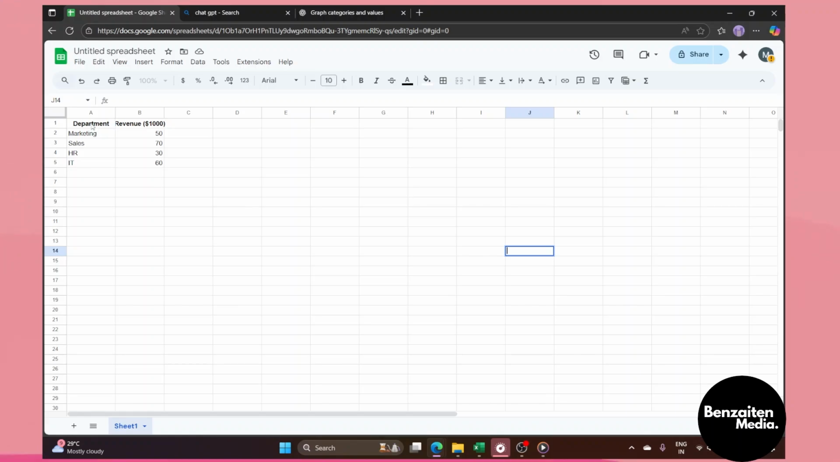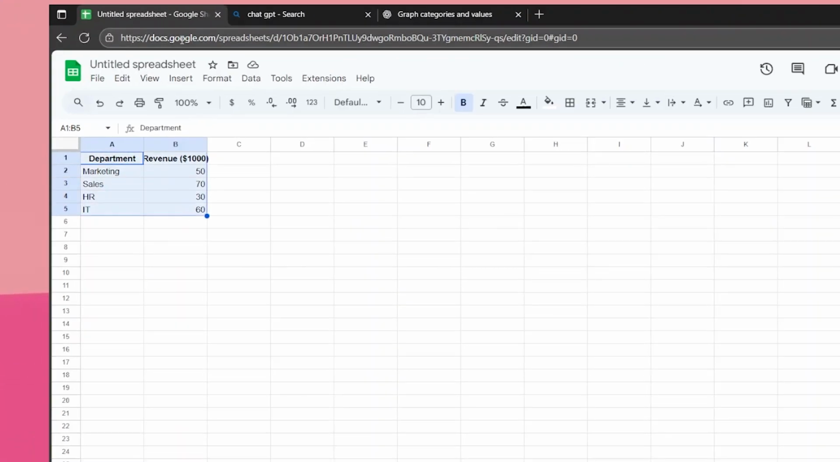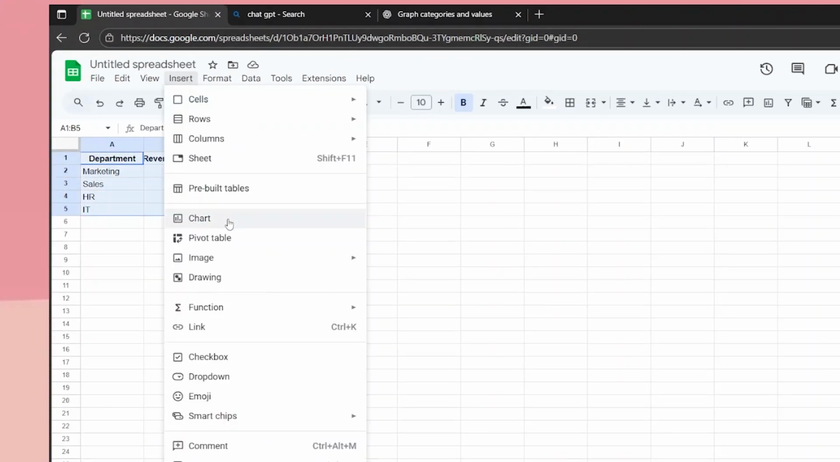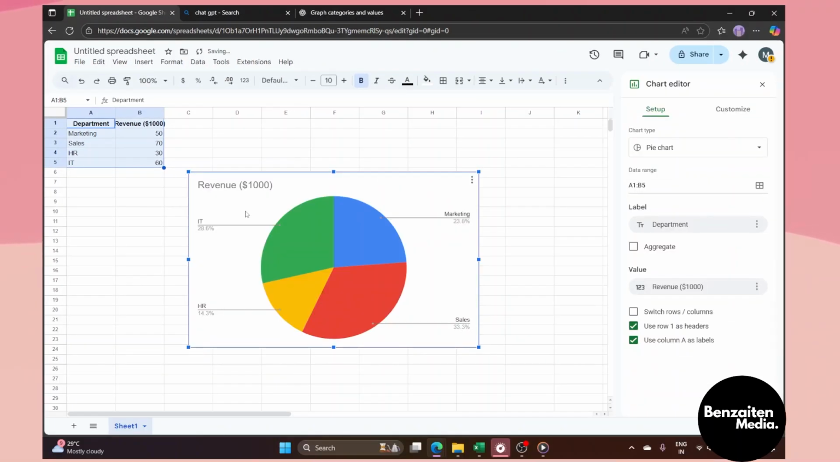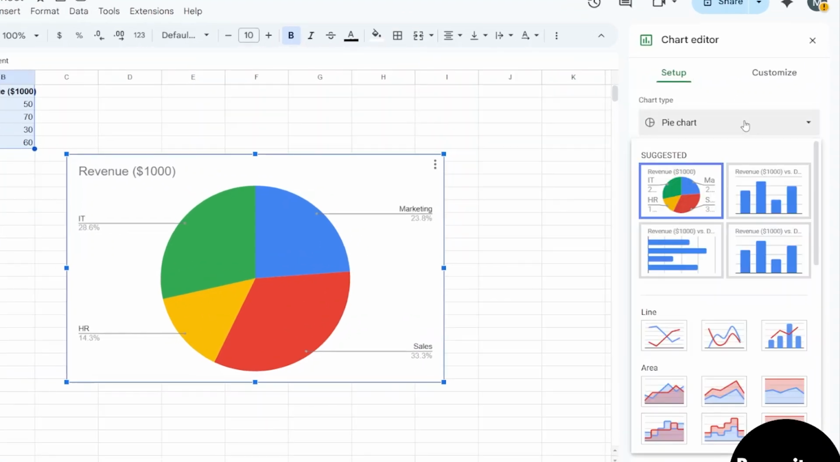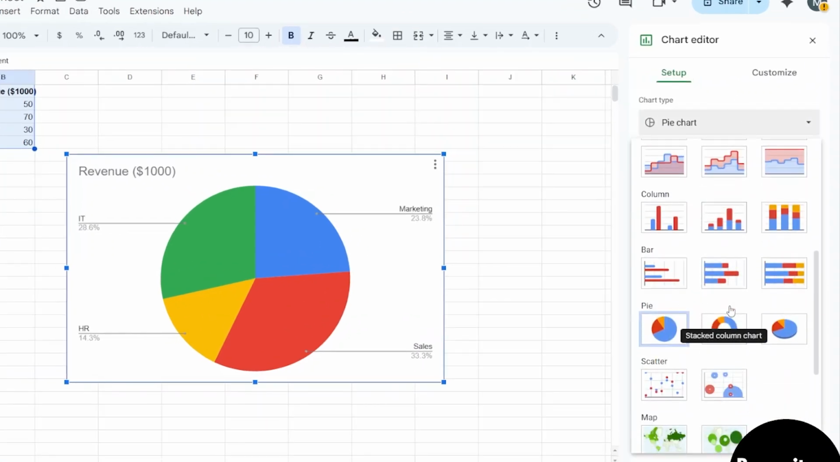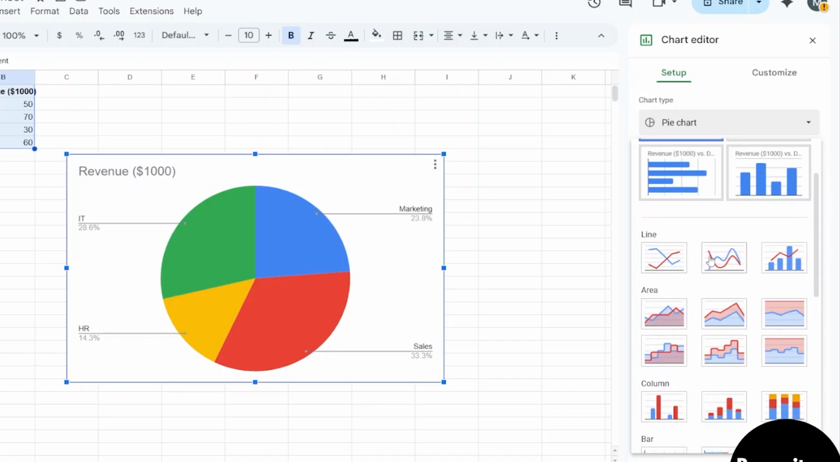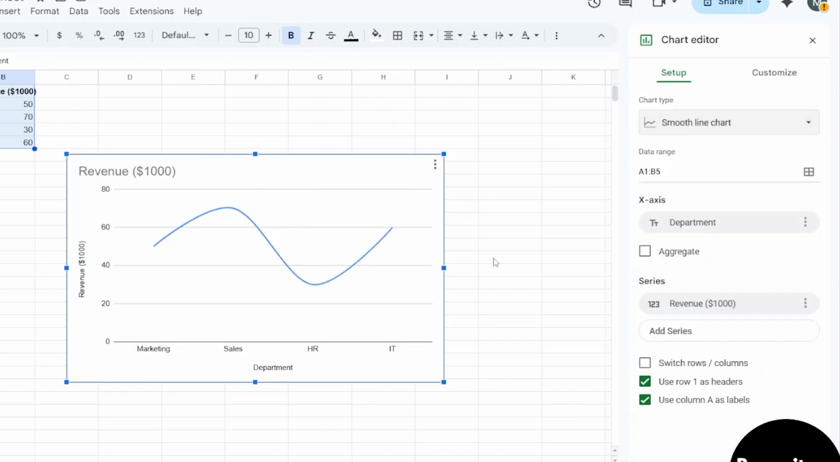Now highlight the data you want in your graph and then go to Insert tab, click on Chart and Google Sheet will automatically insert a chart. To change the type, open the chart editor on the right side, go to chart type and here you are able to change it. So here I'm choosing the line chart,